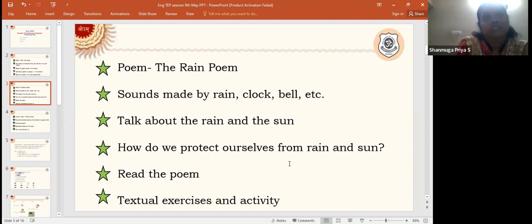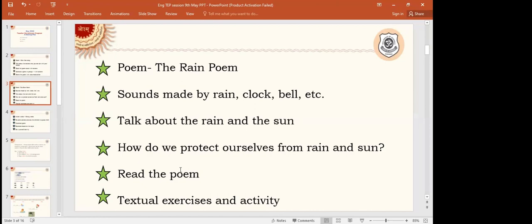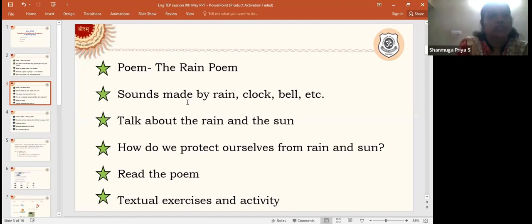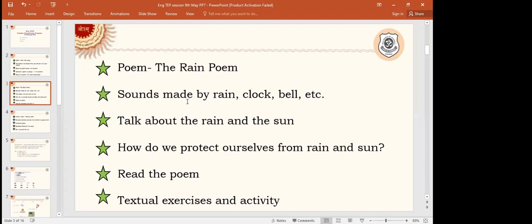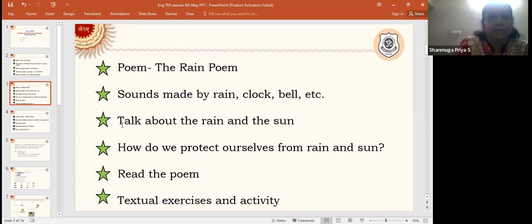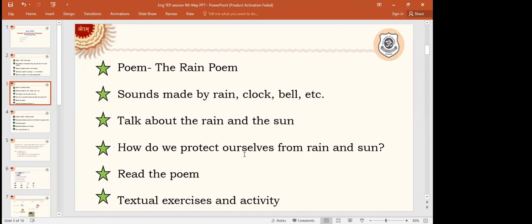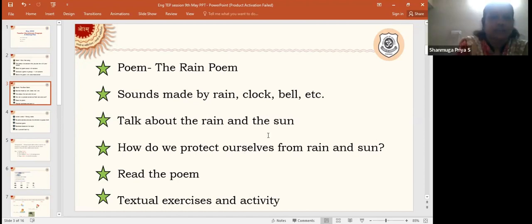And we can also ask children, what would you like to eat during the rainy season, or drink? Hot drinks. Yeah, something hot, like hot milk, coffee, also tea. Hot and spicy snacks. Yes, something that is hot and spicy. Yes, hot soup. Yes, ma'am. So we can ask the children what are the things we use, as well as what would we like to eat during the